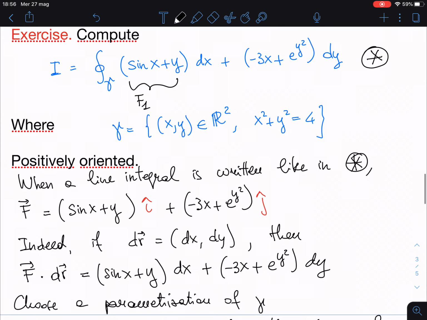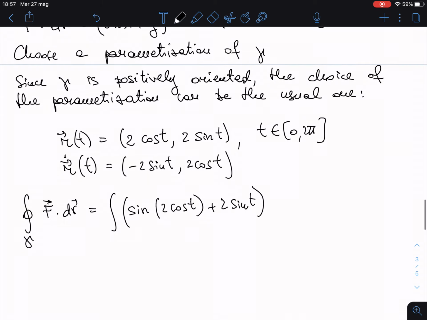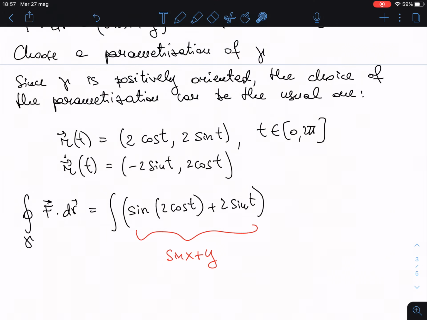We have sine of x plus y, so x is 2 cos t, so sine of 2 cos t plus y, plus 2 sine of t, times the first component of r dot of t, so minus 2 sine of t,